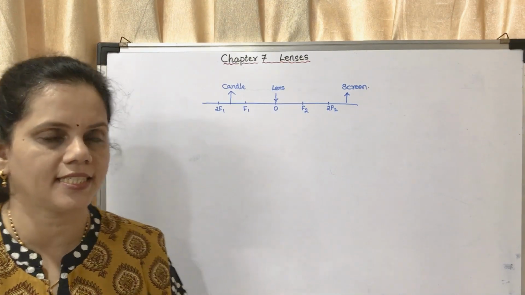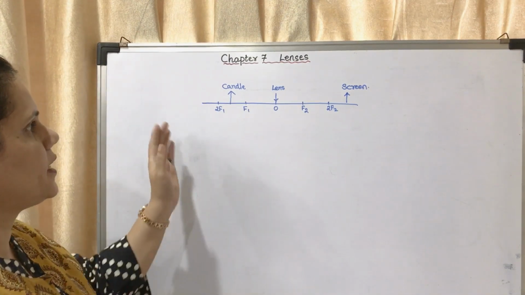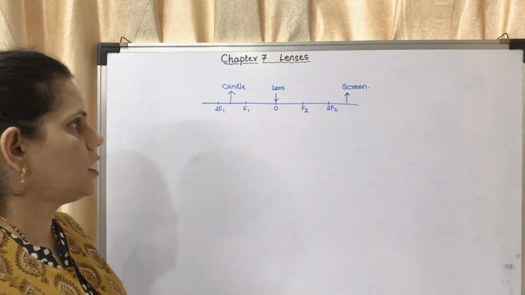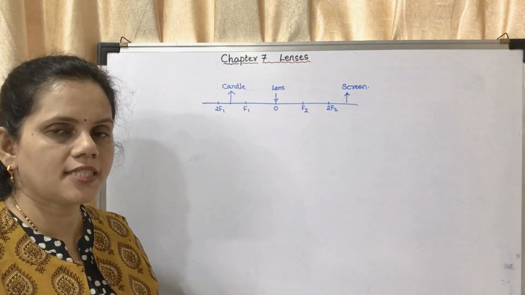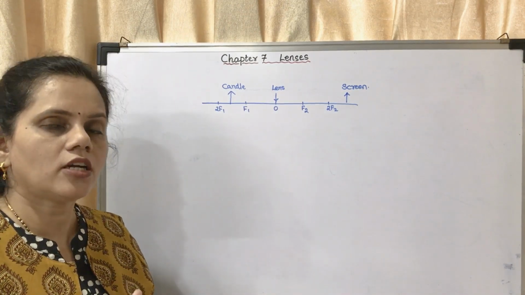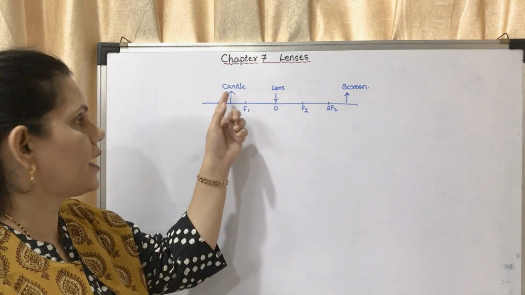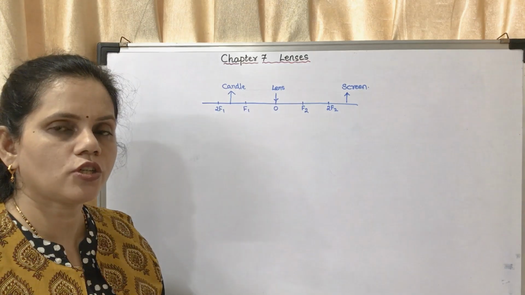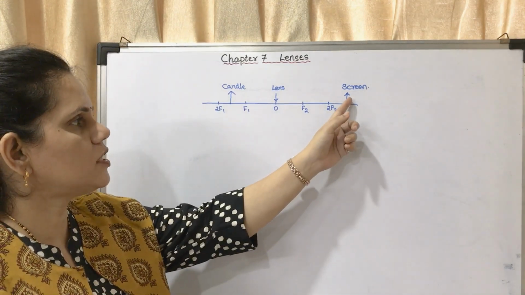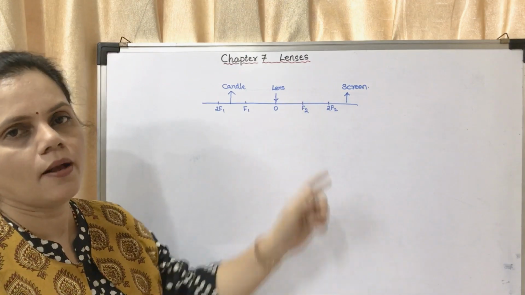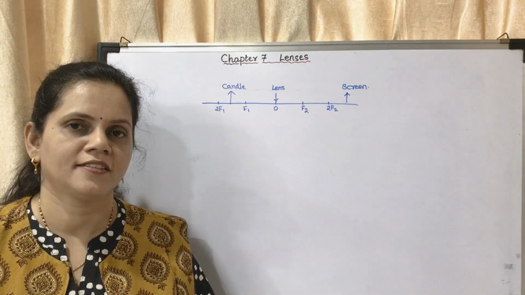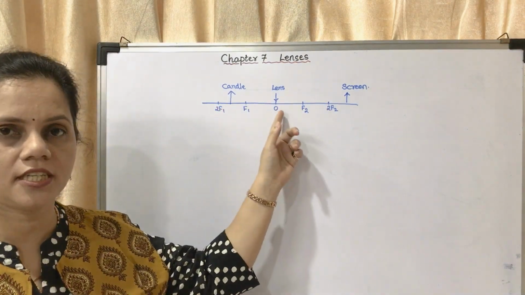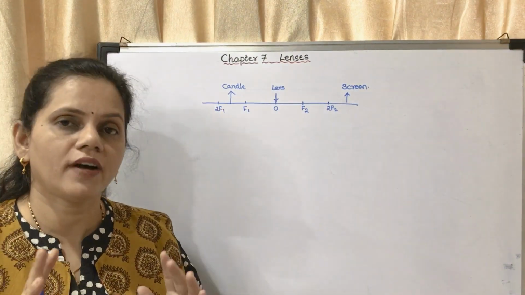image also changes. So here you have taken a candle, and that candle is taken as the object. This is the lens. You cannot change the position of the lens. You cannot change the position of the candle. That is the object. What can you change? You can change the position of the screen. That means you can shift the screen forwards or backwards. We cannot change the position of the candle, and we cannot change the position of the lens for one condition.